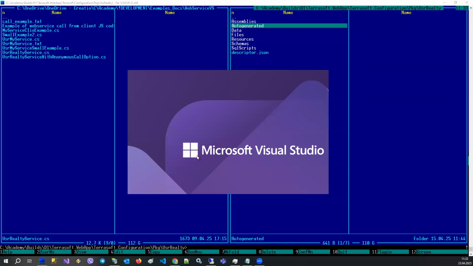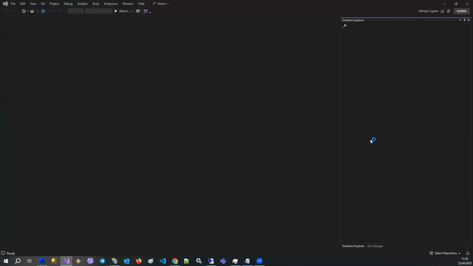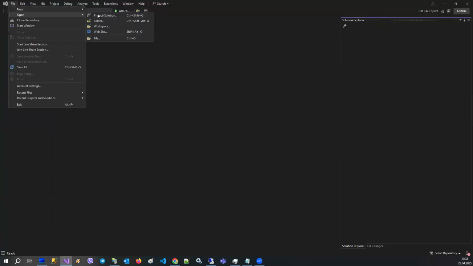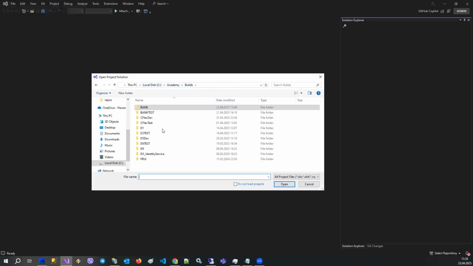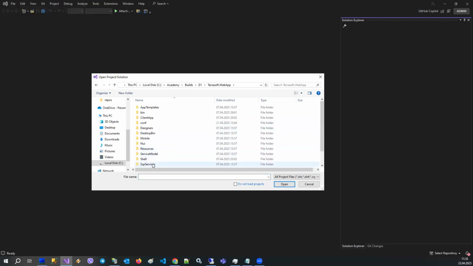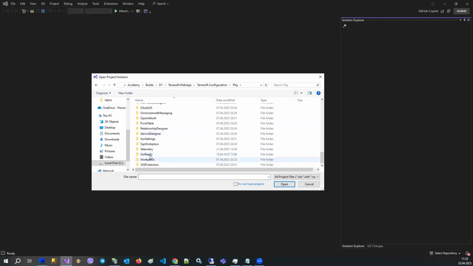Now trying to run my Visual Studio. I'm using Community Edition, so it's cheap and we can use it for free, and it's fully functional for me to do some kind of C# development. File, open, project. We go to certain application, D1, then we go to Microsoft configuration, pkg, we find our package,